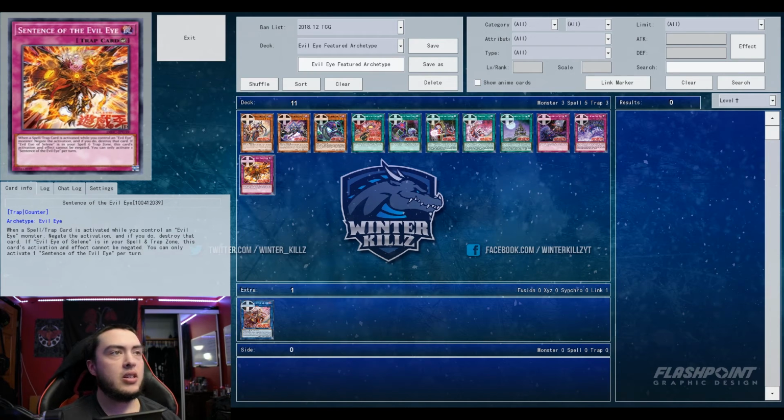If Evil Eye of Selene is in your spell trap zone, this card's activation and effect cannot be negated, so it becomes spell speed 4, spell trap negation. I was kind of thinking it would be sort of like a Self-Telenite Alpha, some sort of negation counter trap. So it seems like